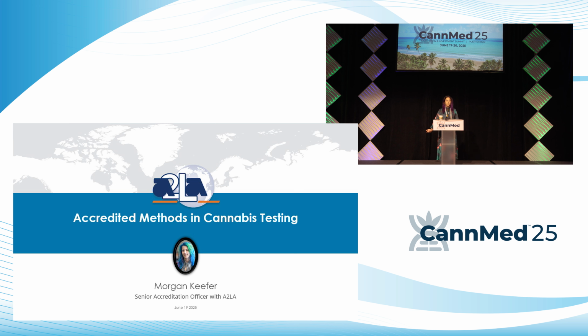So just for potency testing, for cannabinoid testing, that kind of goes to show that the methods in use are extremely variable. There is really not a standard consensus method that is in place at this time, which may lead to some of the variability that we see in those results. The next topic I wanted to discuss was technology selection.